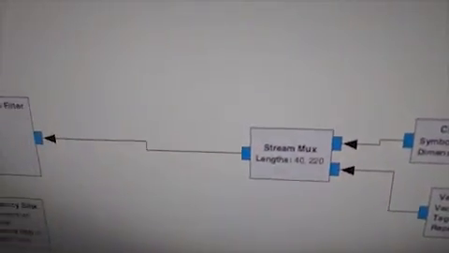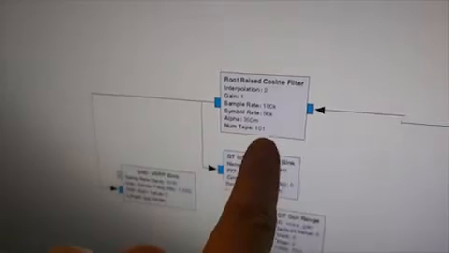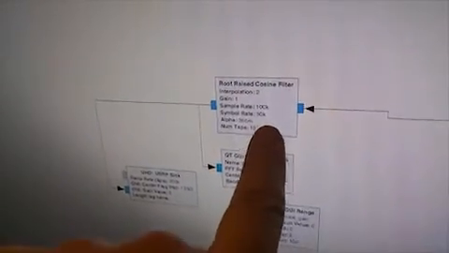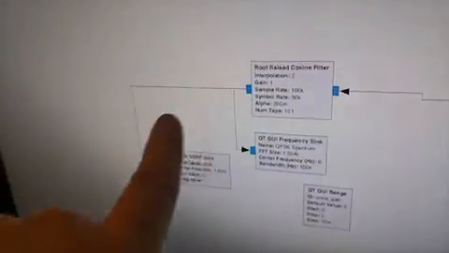I can't see the scroll. There we go. All right, scrolling over here. And the multiplexer comes out to this root raised cosine filter, which is the channel transmission filter. And this is your antenna, basically,